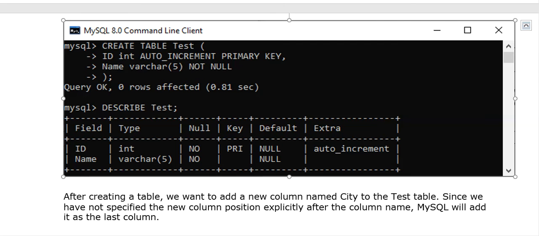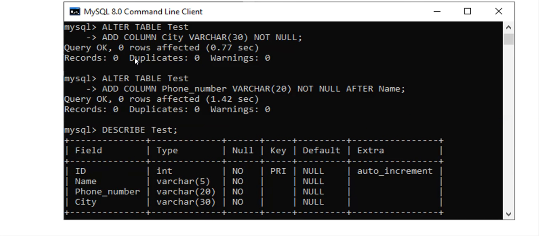Okay guys? Here in this example, what you are going to see is that we are adding two columns. So based on that, alter table test, that is what we are doing, modifying. So for modification purpose, what is the command that we are going to use? Alter table test. And then what we are writing, add column city varchar 30. So this city will have a data type as varchar 30, with the 30 characters specified over here. Not null, it should not be empty. Okay, and then semicolon.